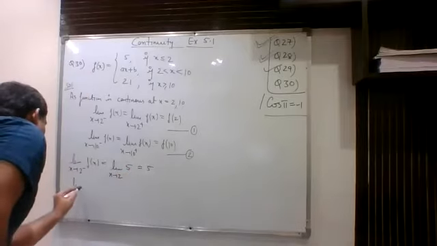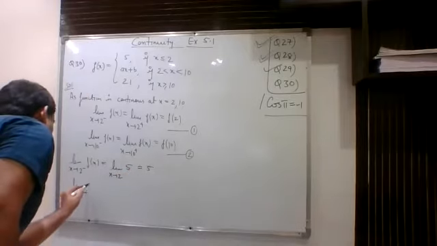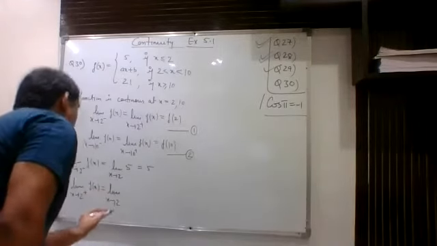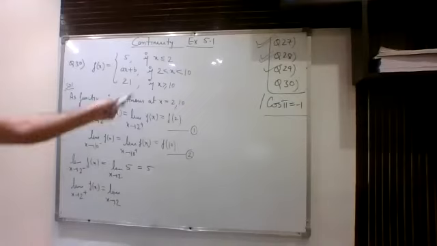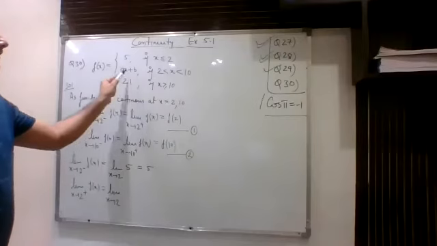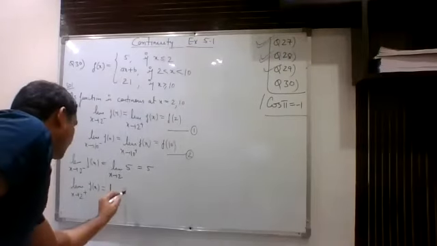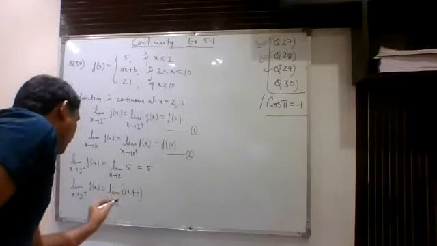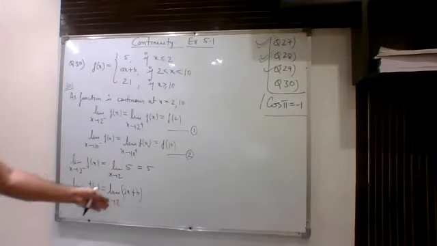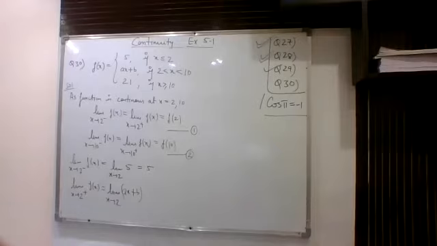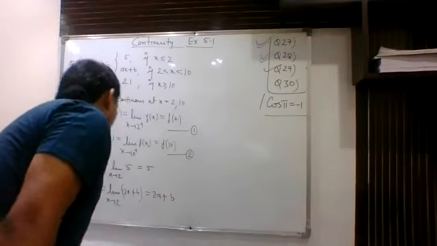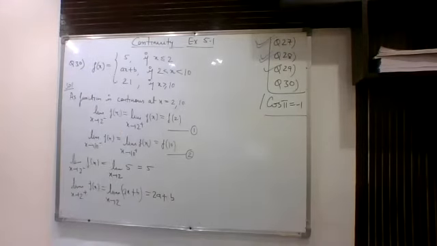Now limit of x tending to 2 plus. Now we are approaching from the right direction. So now your x should be more than 2. You can see here that it is given x is more than 2. So you will utilize this definition now. Once you have written this function, you will drop writing this 2 plus. Now it's a linear function, solve it directly, just substitute the limit. When you solve it, it will be 2a plus b. This is what you will get.